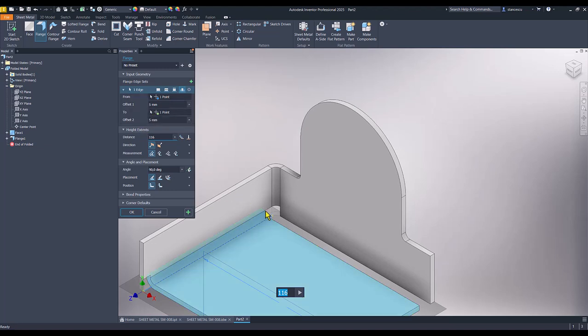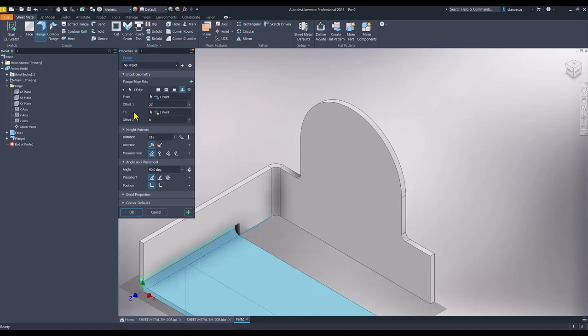Offset 1 is this, measured from here, and offset 2 is here. We place here 0 because we want to have the same level here, and the other is 27, the dimension in the drawing, minus twice